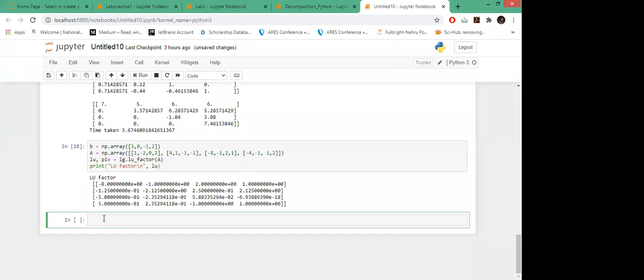Now, when you want to apply this LU decomposition for system of equations, we need to use different commands. Let's store it in this. Instead of directly using solve command, we will be using LU solve, and then LG dot solve command for this. In this, I have to pass first the LU factor and the pivot, and then the vector B which I have written.